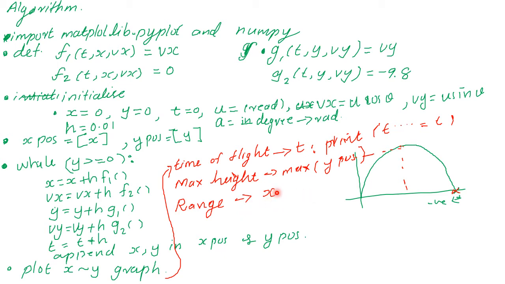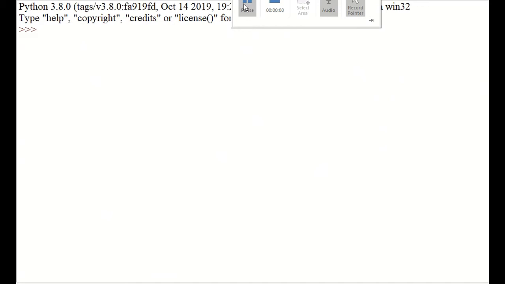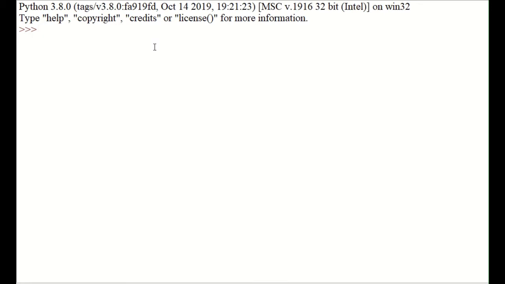Okay, we shall be explaining the Python code. Okay, now let's try the Python code for projectile motion. So we'll take a new file.